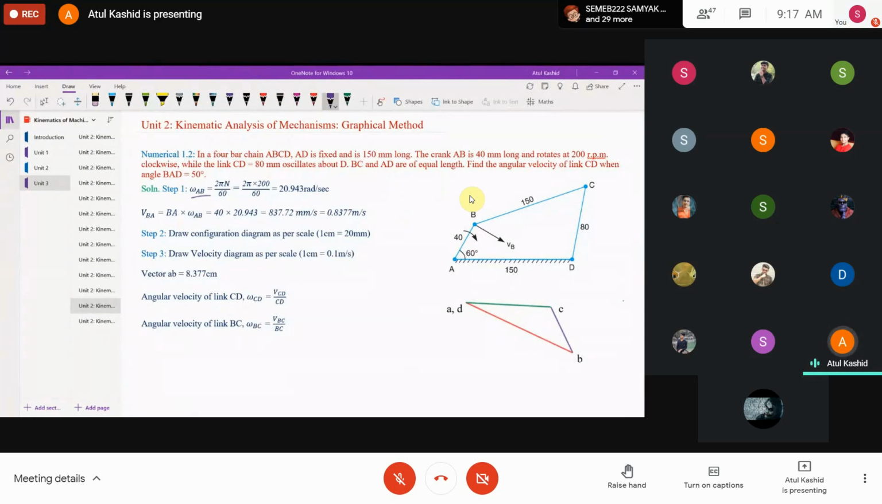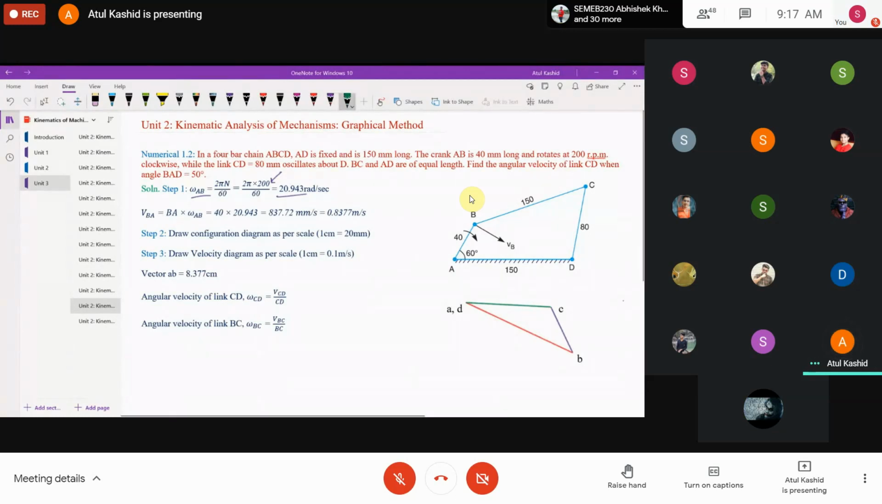So here it will be 2 pi N upon 60. Simply substituting the value of N, we will get the angular velocity of AB, which was coming 20.943 radian per second, right? This was the answer yesterday we got for the angular velocity of AB. Then